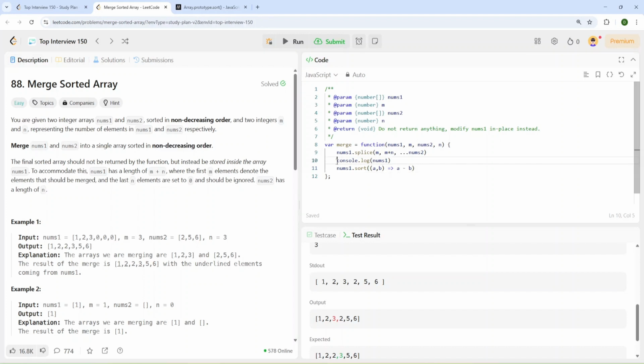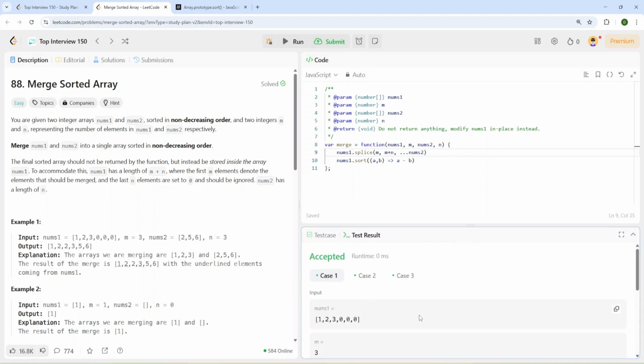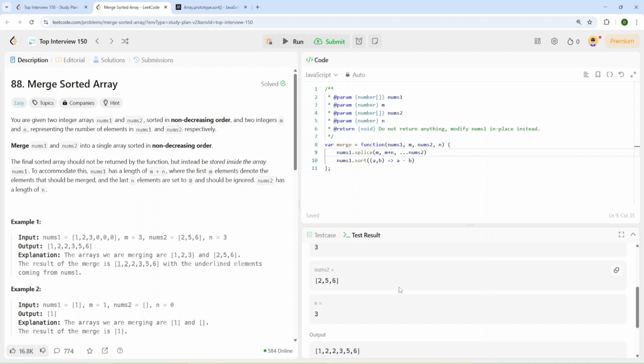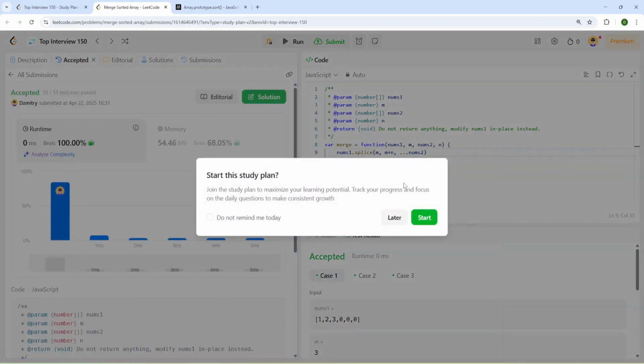Okay, and now I can remove this console log, and let me run my code, and let's wait for results. As you can see, the tests pass, and we have accepted test cases, and now we can submit our task, and let's see what we have.